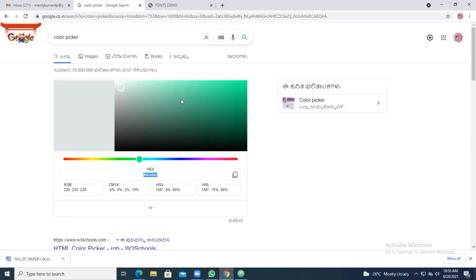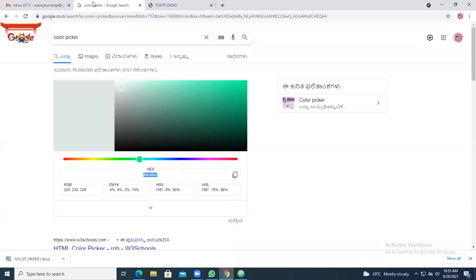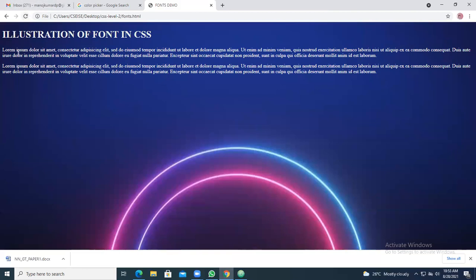Copy that hexadecimal value and put it here. Now see the heading color, it should be a different one. You see there is a change from this particular one to this particular one.